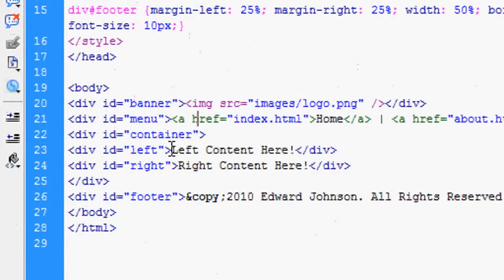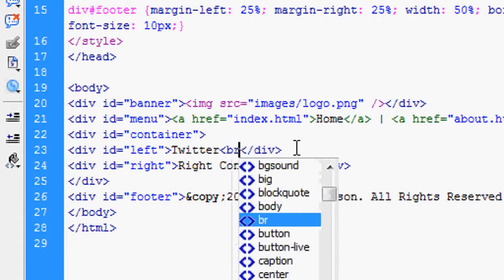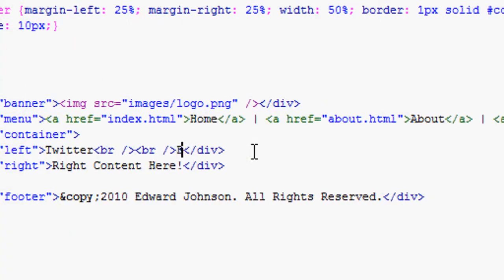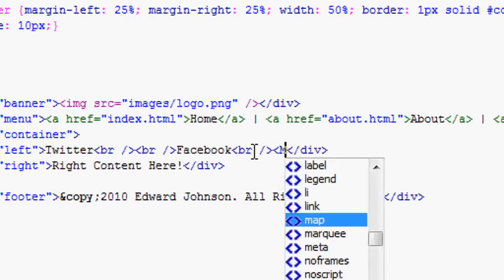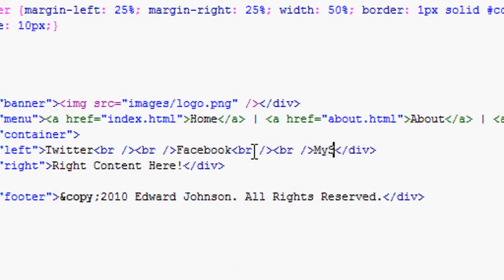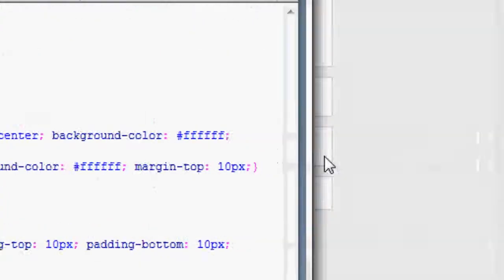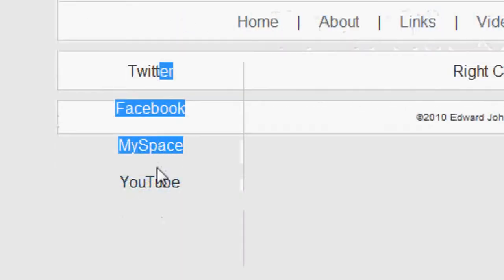Now it's time to add some content. It's looking fairly bare. So perhaps on the left hand side we can add some social networking links. So Twitter, and then BRBR, which is 2 line breaks. So Twitter we've got, what else can we add? Facebook, and then BRBR, which is line break, line break. MySpace, BRBR. There is a way to add line breaks using CSS, but for now we're going to just use it with BRBR. And then YouTube, press File, Save, press Refresh, and as you can see it's added them, but